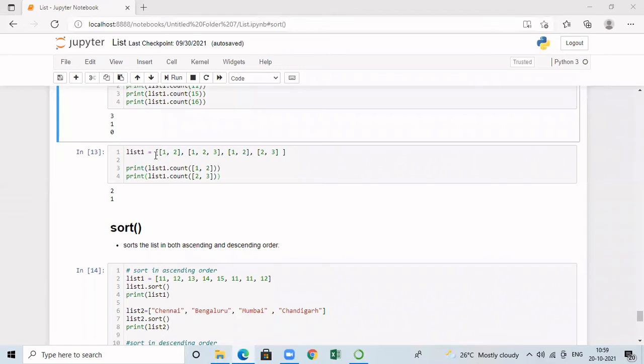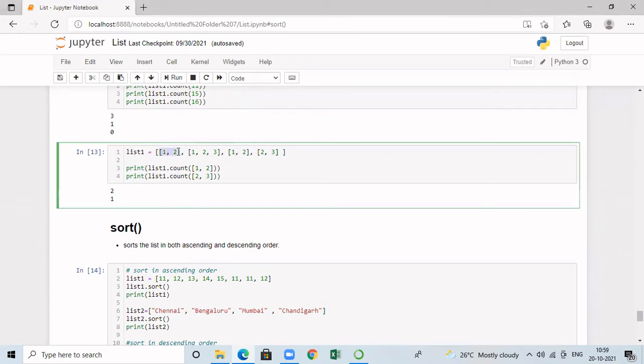In this example, I am creating a nested list, that is nothing but a list within another list. Now in list 1, I am going to count how many times the list having 2 elements, 1 and 2, occurs. This is the first occurrence of 1, 2, and this is the second occurrence. So we are getting the output as 2. If a list has 1, 2 only as part of it, not as the full list, it will not be counted. And next, when I count for 2, 3 as a list, we get the output as 1, because this is the list containing 2, 3.